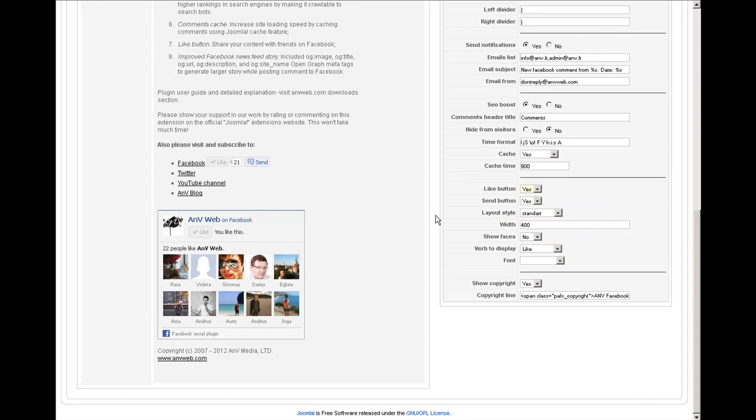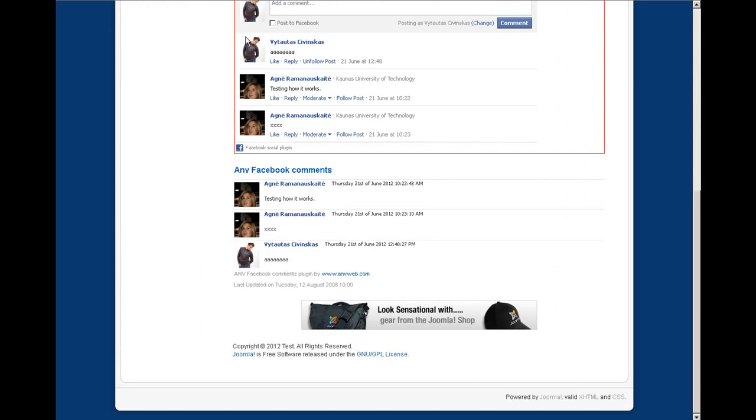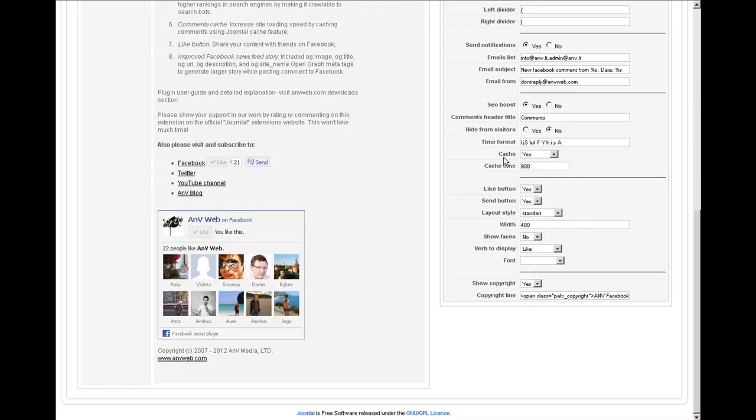You can choose your layout style, width, show faces, and so on. Also you can choose the font, and the last parameter is show copyright. This copyright appears here at the bottom of the plugin, and if you like you can switch it off, but